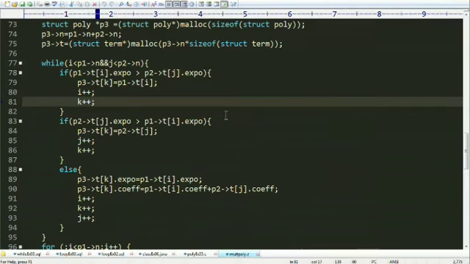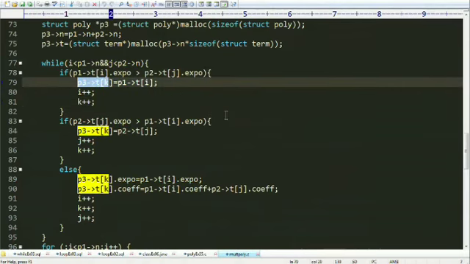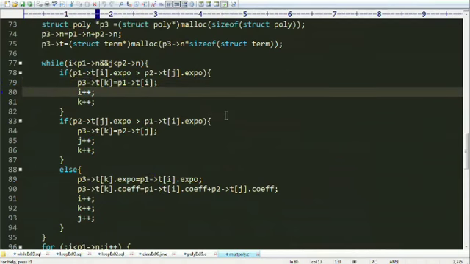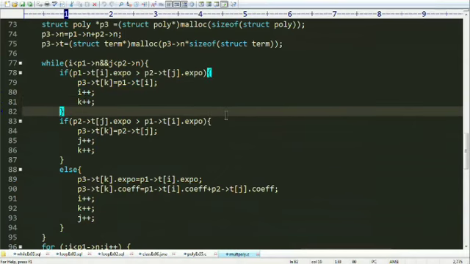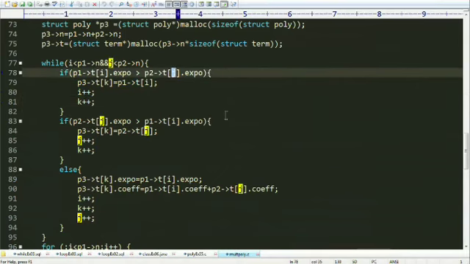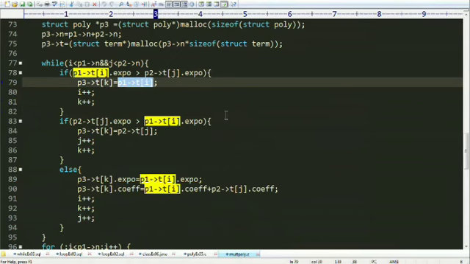You just need to put this term into p3, which is nothing but the addition polynomial, having the term equal to p1's term. I'm just copying that term, which is present in the first polynomial, to the resultant polynomial and incrementing i and k, because I'm not incrementing j, as I'm just copying the first term from the first polynomial.